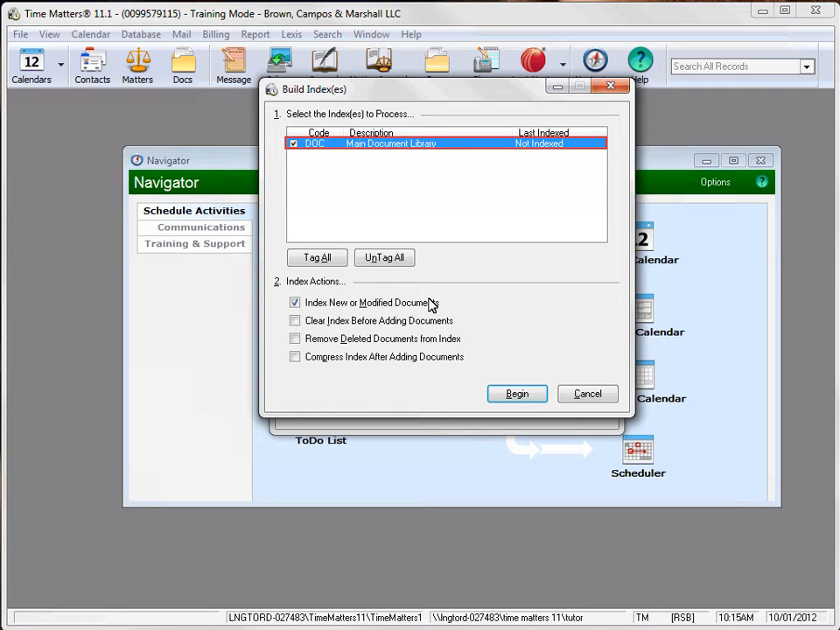With the index selected, we can choose some additional actions to perform while building it. The default action is to index only newly created items and those that have been changed since the index was last run. We can choose to delete the index and rebuild it from scratch, to remove documents from the index that have been deleted from the folder, and to compress the index to reduce the size. Let's start the build